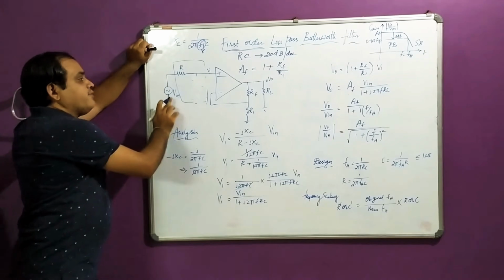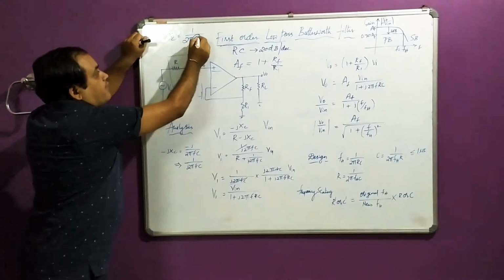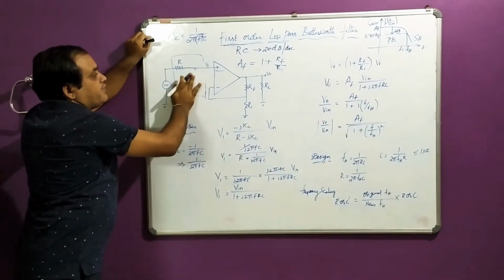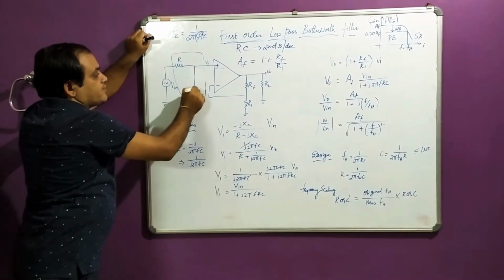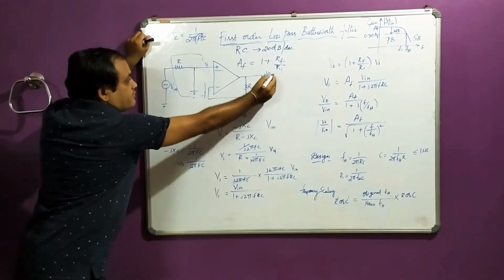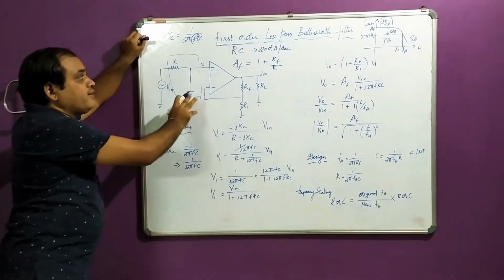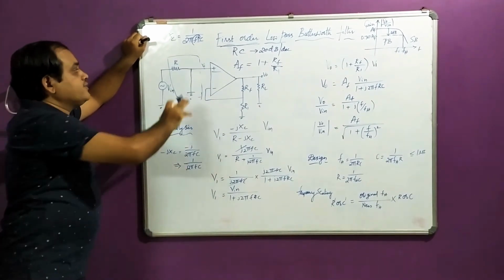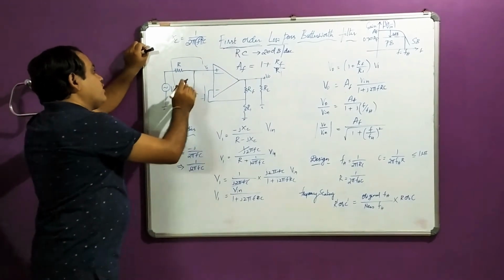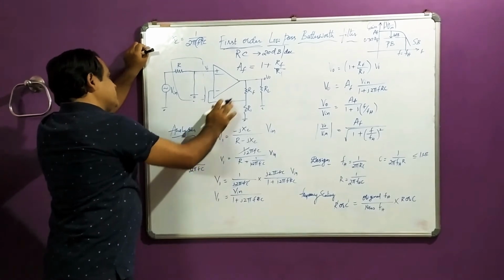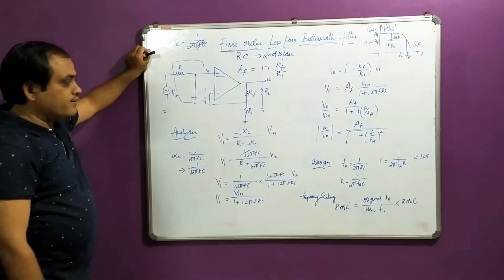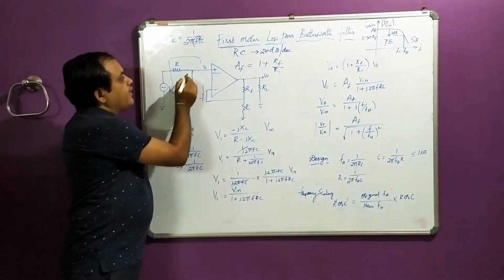As soon as high frequency is obtained, the capacitor reactance is very small, such that I get a short circuit here. The entire signal goes to the ground, because of which the output will become 0. On this concept of analysis of RC, we are going to study the low pass Butterworth filter. Now this circuit shows a non-inverting configuration which has AF equal to 1 plus RF by R1.